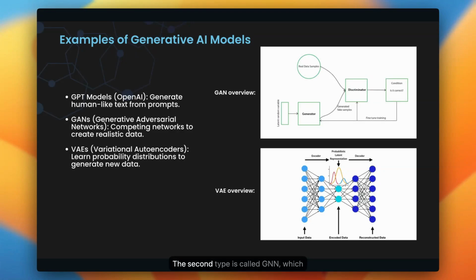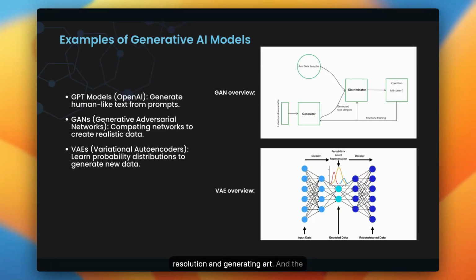The second type is called GAN, which stands for Generative Adversarial Networks. How it works is it basically consists of two neural networks, a generator and a discriminator, competing against each other. So I put a workflow, a visual picture, on the presentation, so you can see, I think, if my camera is not interfering with the picture. So yeah, its purpose is to generate realistic images or data, and some applications involve image synthesis, enhancing image resolution, and